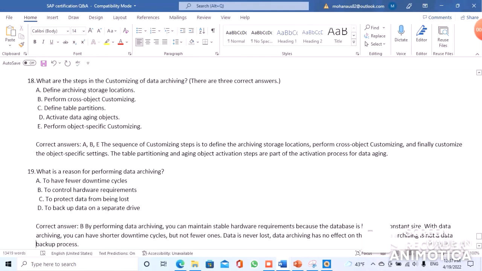What are the steps in the customizing of data archiving? Define archiving storage locations, perform cross-object customizing, define table partitions, activate data aging objects, perform object-specific customizing. So what are the steps in customizing of data archiving? First we need to define archiving storage locations and perform cross-object customizing